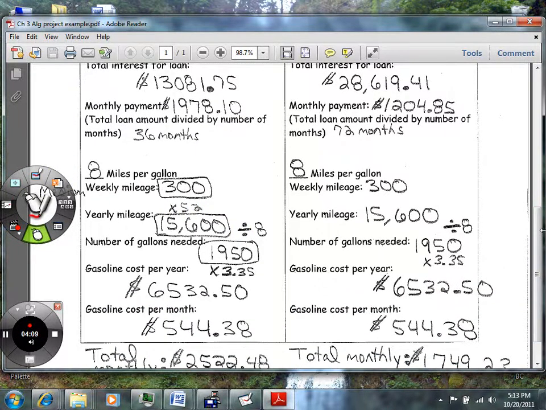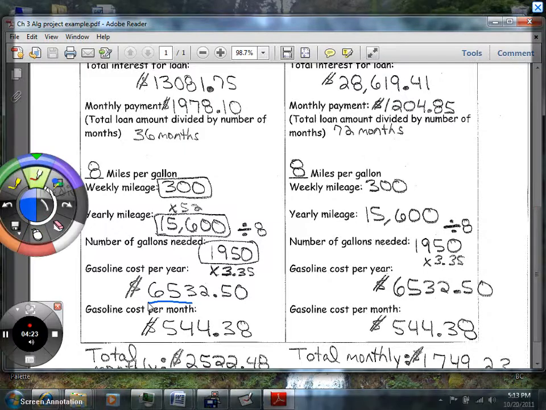The last time I checked, that's about what it was. So I multiply the number of gallons times the price, and that gets me $6,532.50. So that's how much it's going to cost me in gas for the year. And then if I want to figure out that per month, I of course just divide it by 12,